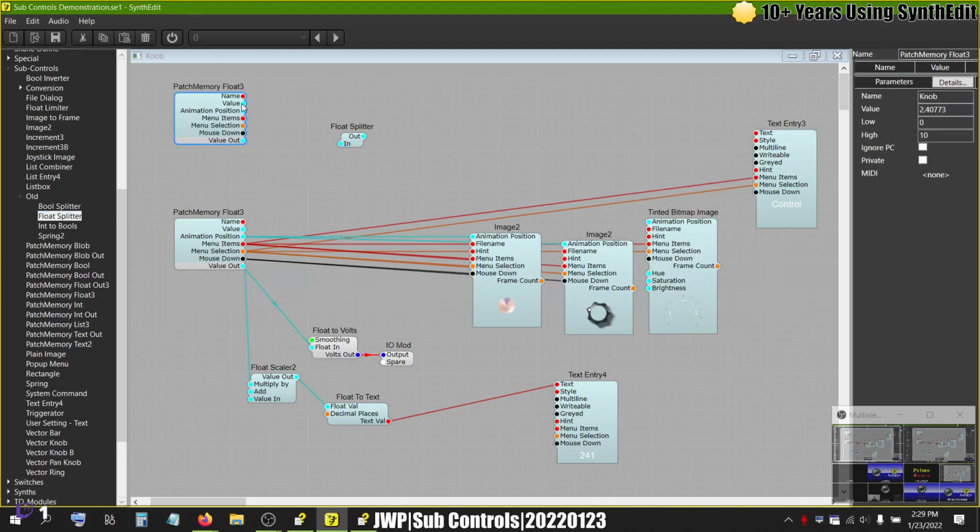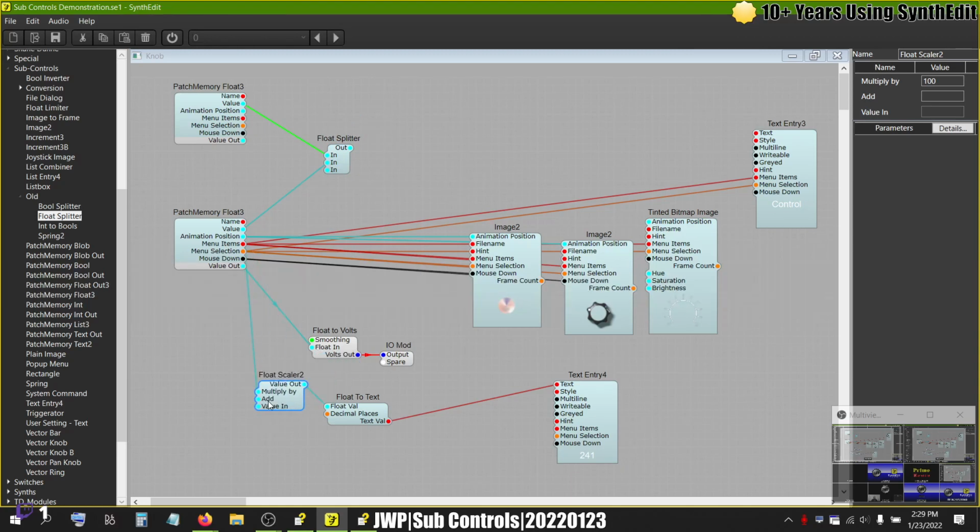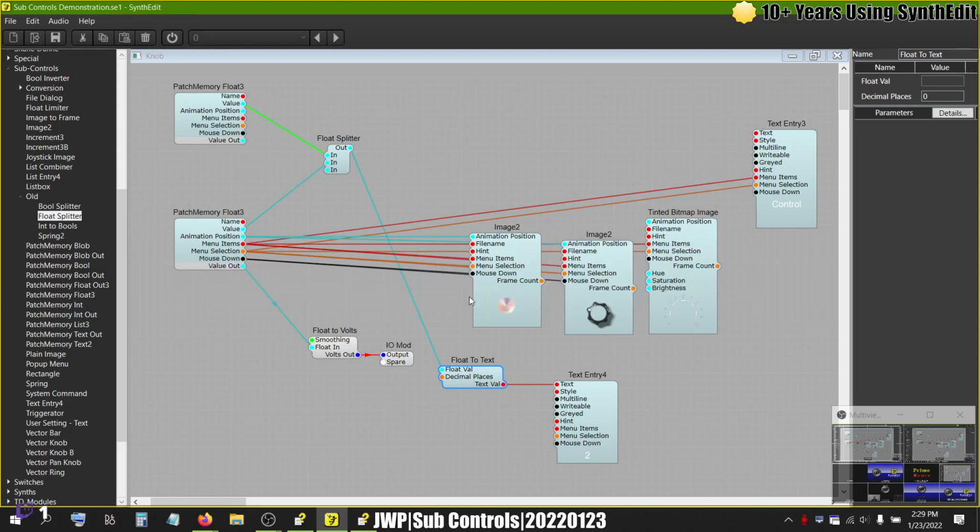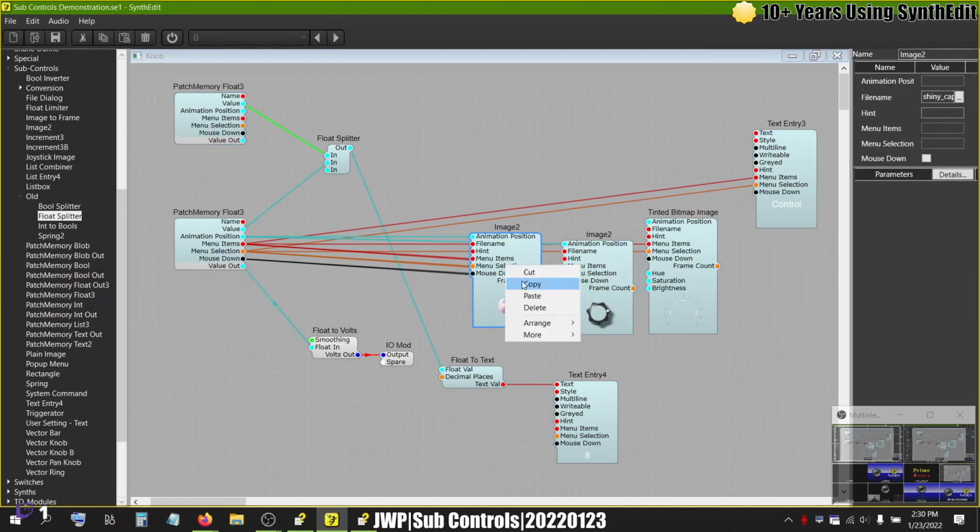And what's going to happen here is value goes into one end from one float memory and value from the other end to the other float memory. And then if I take that, I'm going to get rid of this scalar, and I take this output of this splitter and plug it into the float to text, into the text entry. I now have this one knob controlling two float patch memories, which is redundant. And say if I had something else happening, like another knob, let's just say another knob for simplicity,